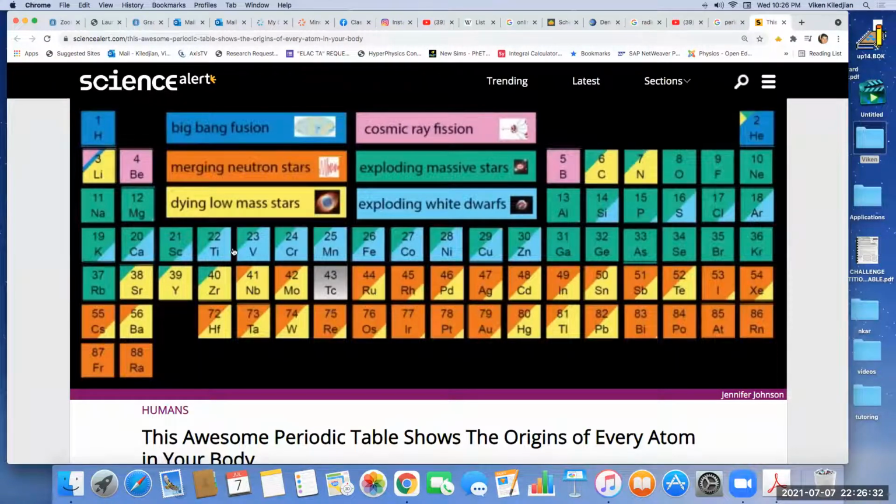All this light blue stuff, most of the iron in your body, nickel, copper, all of this, exploding white dwarfs have produced that in previous generations before our system ever came into being. Okay, so then